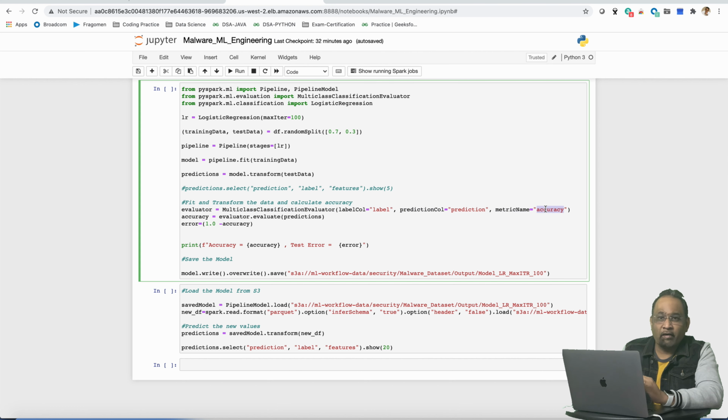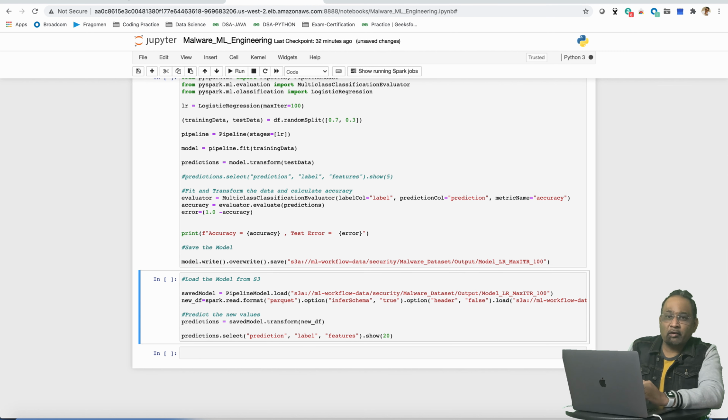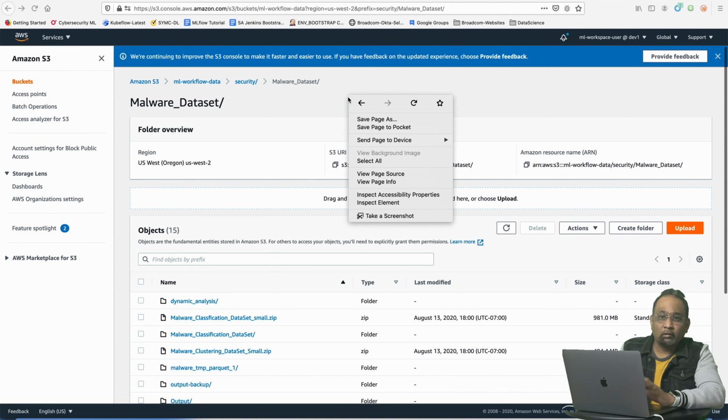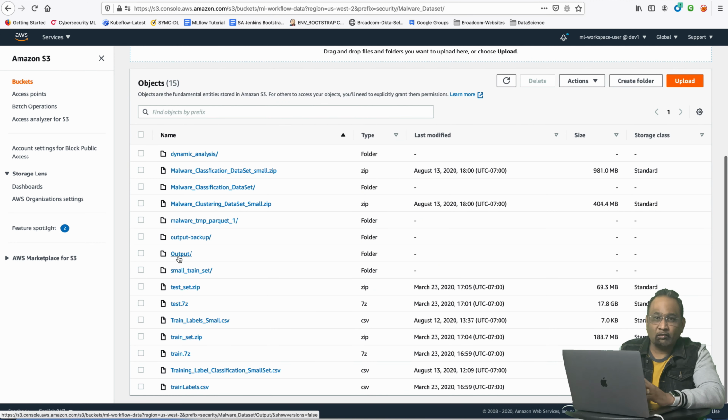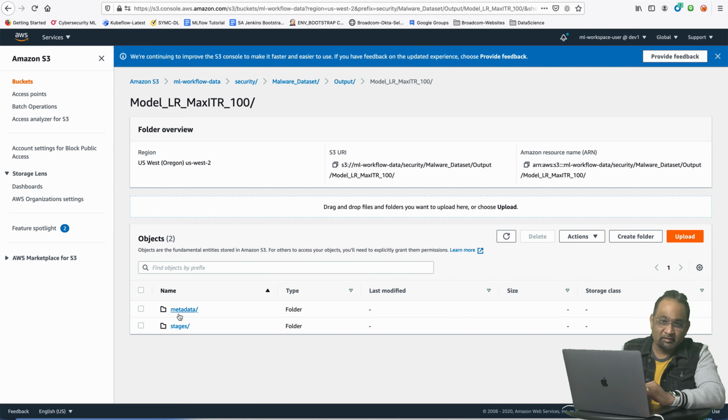Once we have the model finalized, we can export it back to S3, and the actual application can load it and run the prediction in the production pipeline. In the last section, we are trying to mimic the very same behavior, loading the ML model from S3 just like a real-time production application will do, and running the prediction against the data. One thing to note is that the ML model written in Python in PySpark can be used in a Spark application written in other languages.